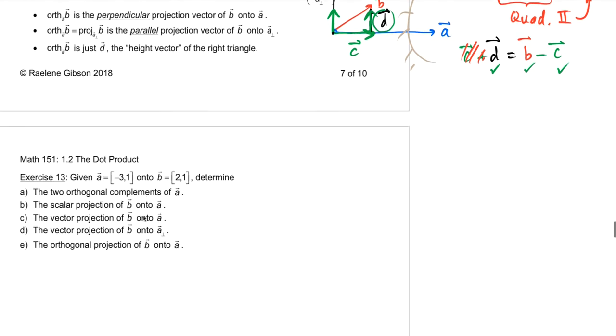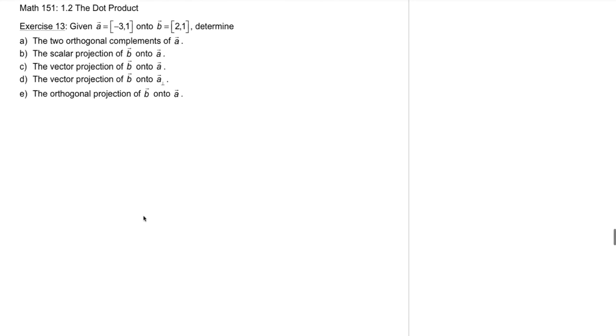In exercise 13, we are given two vectors, A and B, and we want to determine the two orthogonal complements of A. So I'm going to use blue for A. Maybe I'll come up with a sketch of these just so that I can visualize these vectors. And if I want to come up with the two orthogonal complements, maybe I do need to be in all four quadrants. So I'll move my x-axis up a little bit. Vector A goes 3 spaces to the left and 1 space up. And so the two vectors that are perpendicular,